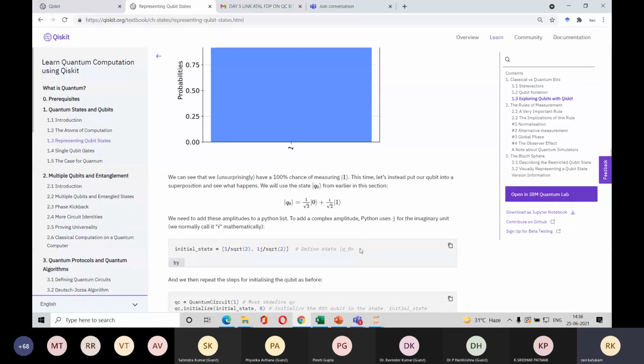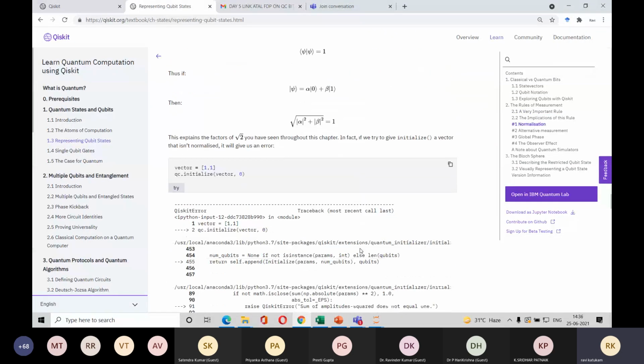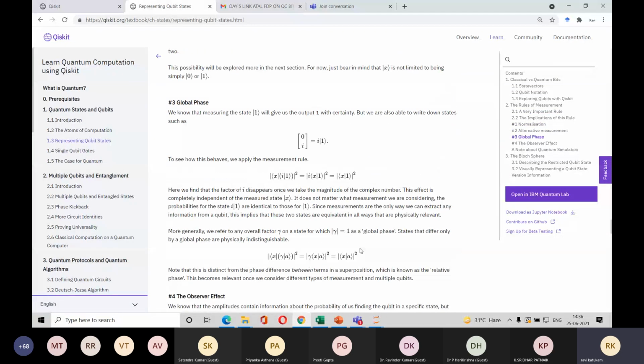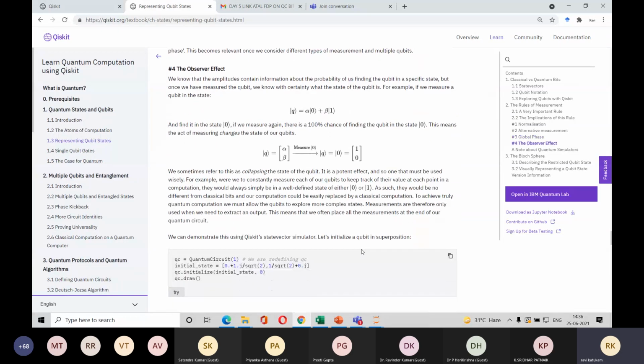Then what we said is you can have a predefined initial state instead of 0 or 1. Then there is a global phase. Global phase is nothing but e^(iγ) and e^(iδ). Those were the global phases. But most of the time we are interested in the local phase, the phi.